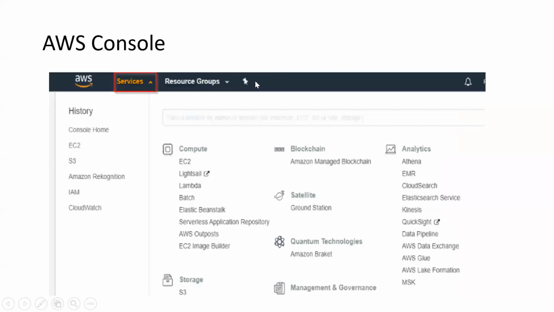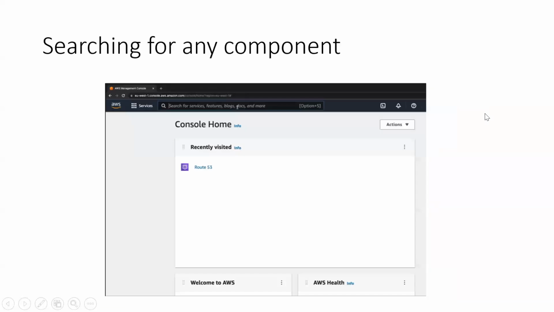On each page you can see this search box. In the search box, you can directly search for a particular component. Suppose you want to launch an S3 bucket. Directly search with S3, and it will be visible here. If there is already a launched product for your account, it will show that. If nothing is launched, it will show that nothing is launched and ask if you want to launch it.